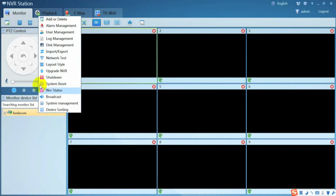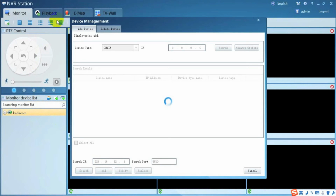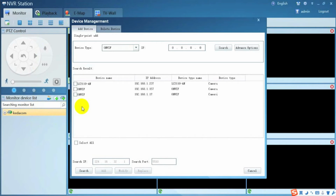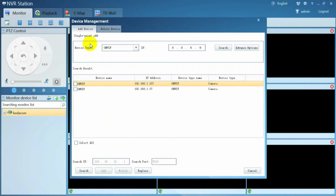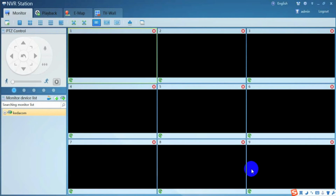Right-click NVR table and select Add or Delete to search the devices within the same network with NVR. You can also search single camera with ONVIF or RTSP protocol. There are monitor, playback, EMAP, and TV wall, 4 main features. For monitor,